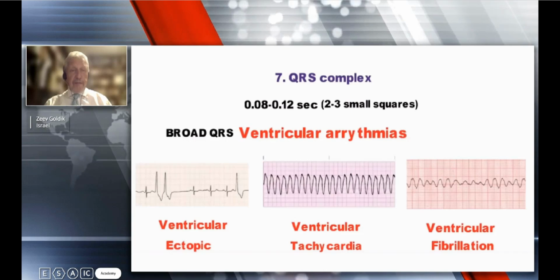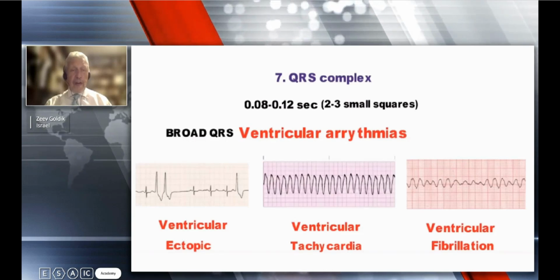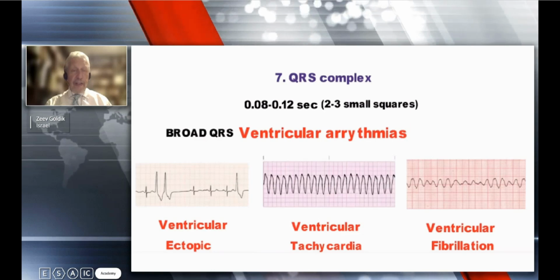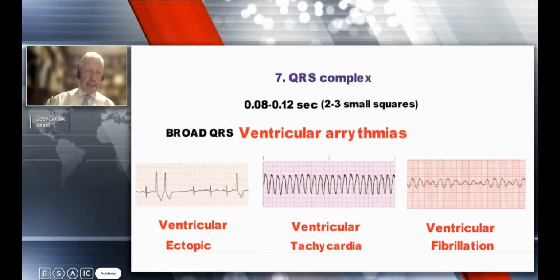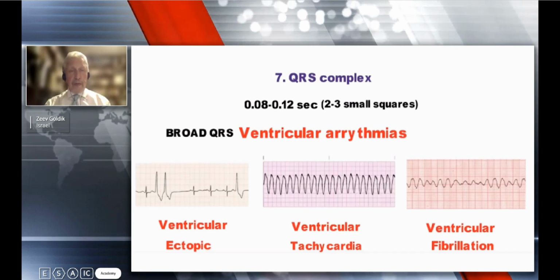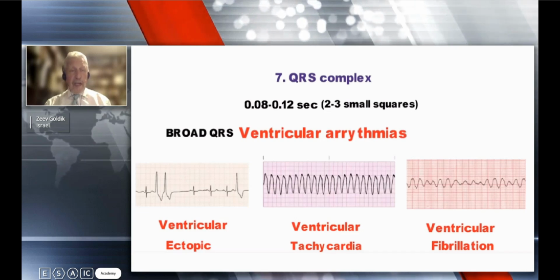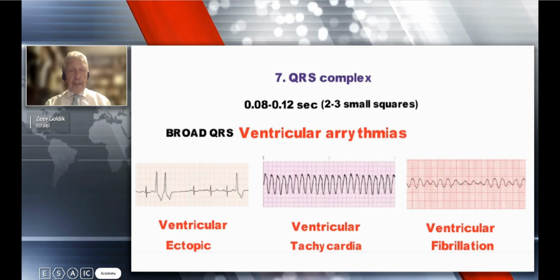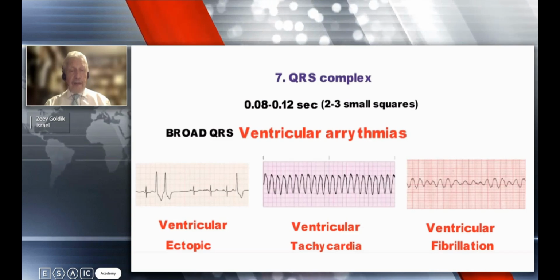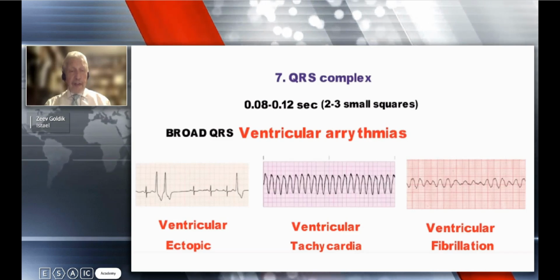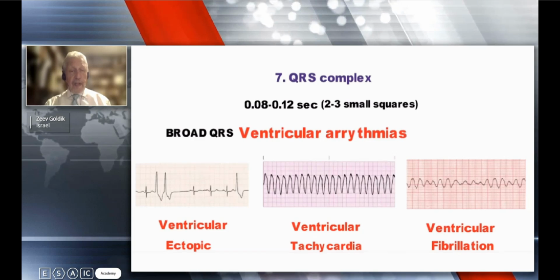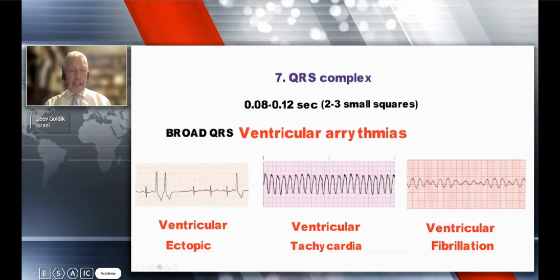Step number 7, we look whether the QRS complexes are broad, too much broad. A broad QRS means a ventricular arrhythmia. The first example on the left is a ventricular ectopic beat. You can see the